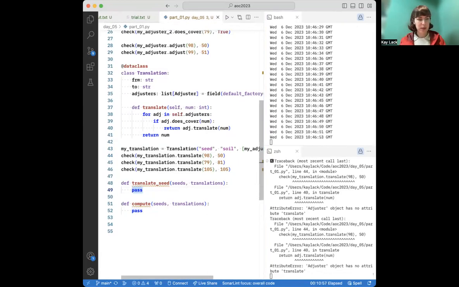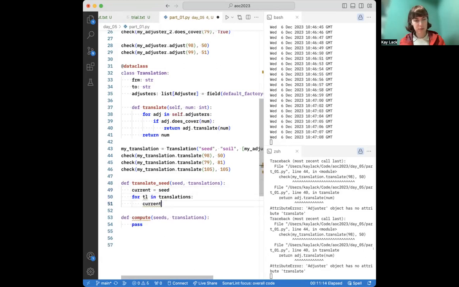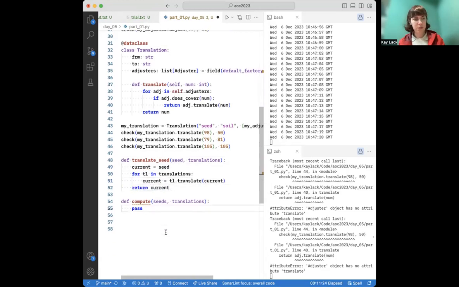Okay, so this is just one seed. Trans... Okay, so